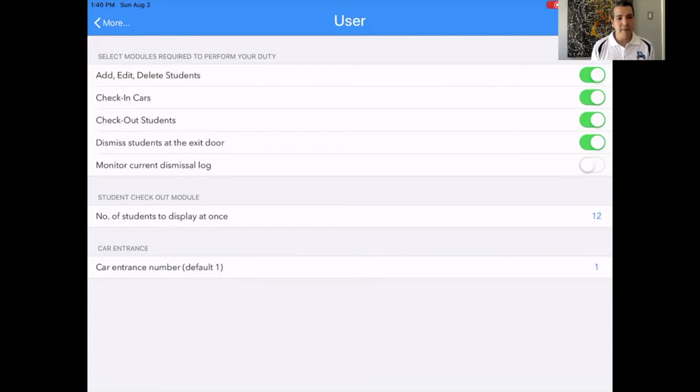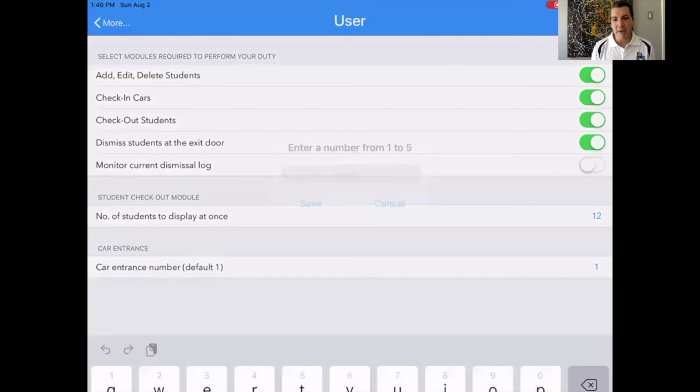Many of the schools I've worked in have had 2 different exits or dismissal zones, one in the front and one in the back of the school. So let's say that this is your case, you have 2 zones. You have to make sure that once you are assigned to a specific zone, you set that here to that particular zone. I can open this by tapping on the number,